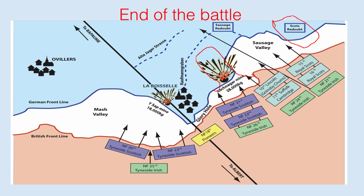For the battalions attacking Sausage Valley, it was like Mission Impossible. The Royal Scots set off to go straight to Sausage Redoubt, but the machine gun fire was so heavy they were forced off to the right and ended up at Scots Redoubt. On the inside, the Grimsby Chums managed to take and hold the Lochnagar crater area. The Suffolks pushed past them all the way to the Sausage Redoubt, only to be met by